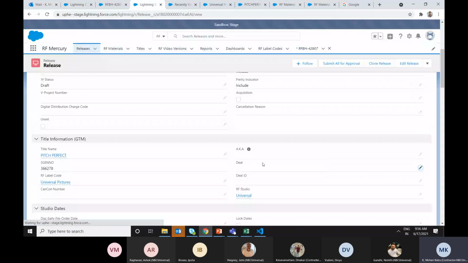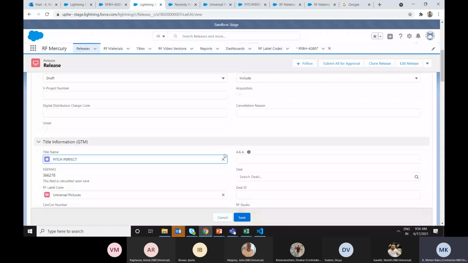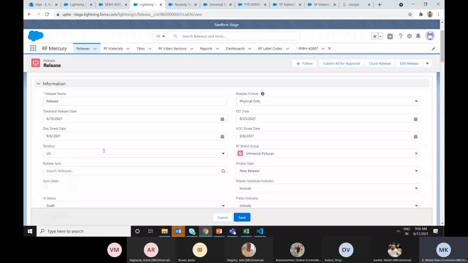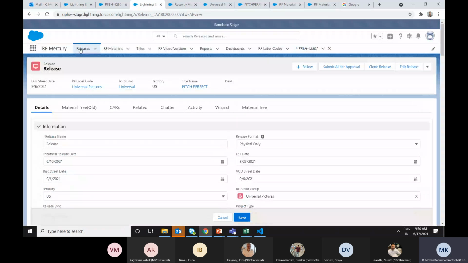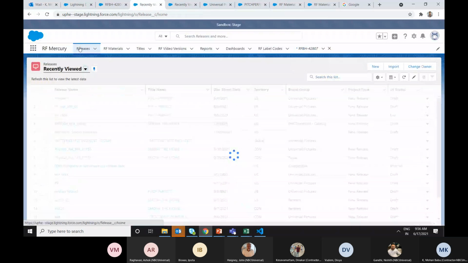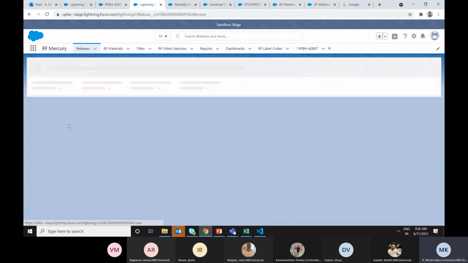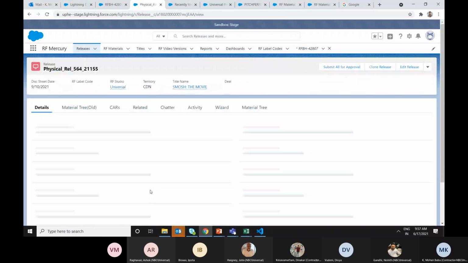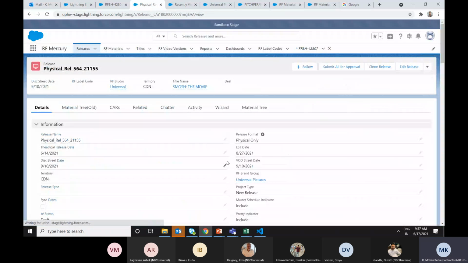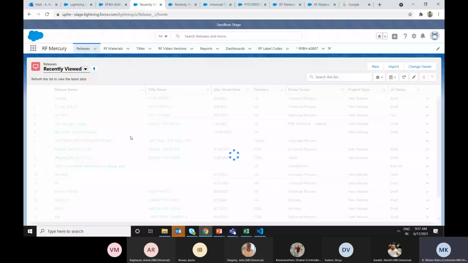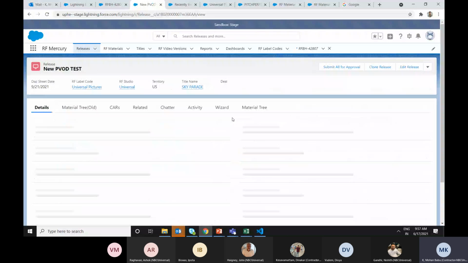Which is being calculated based on US. Let me take another material. This is also not on the day. Material is not on the day.